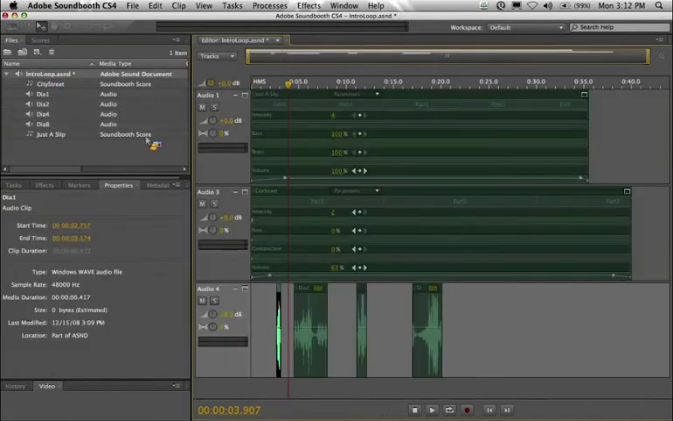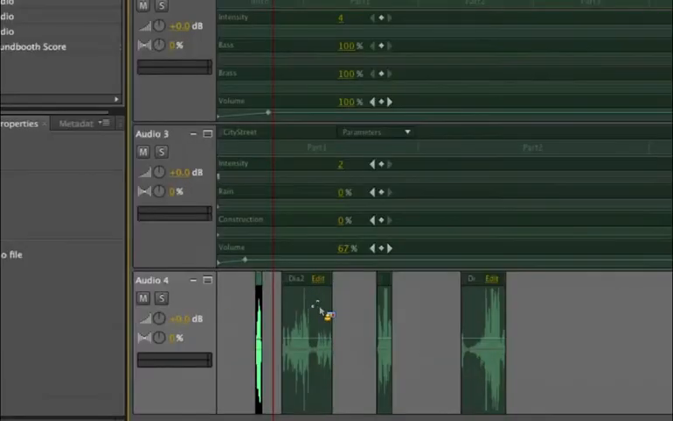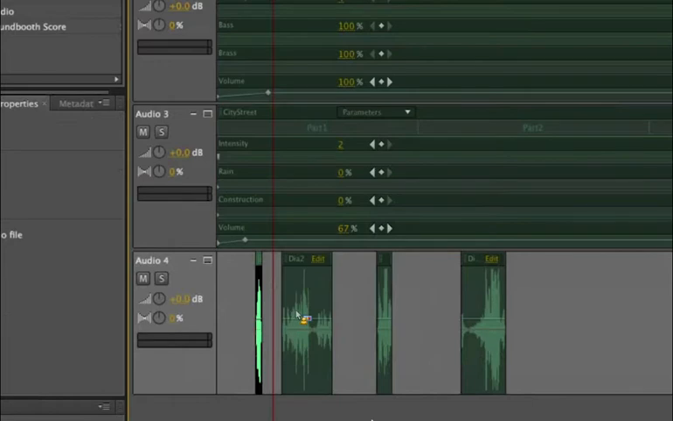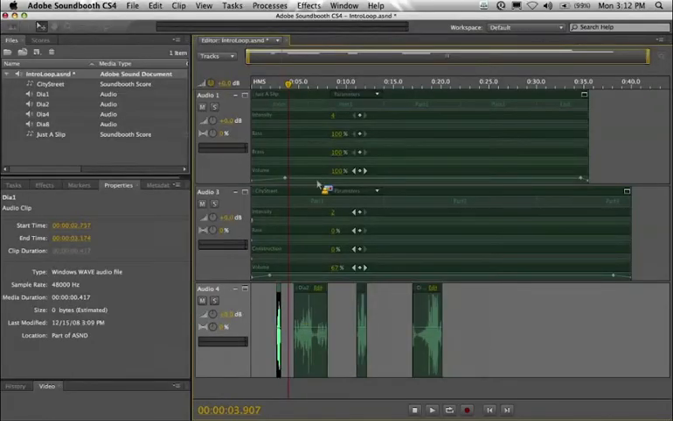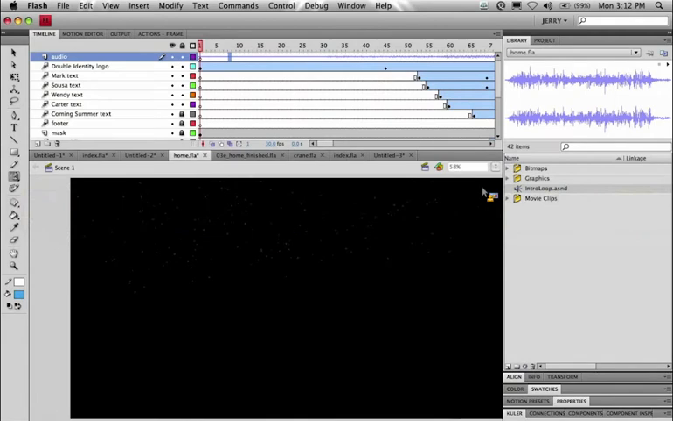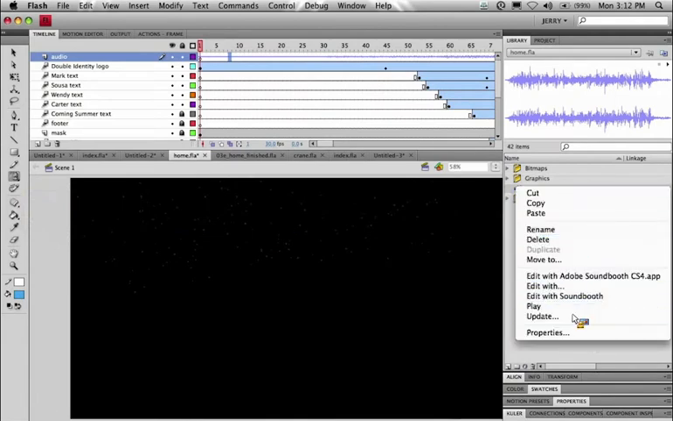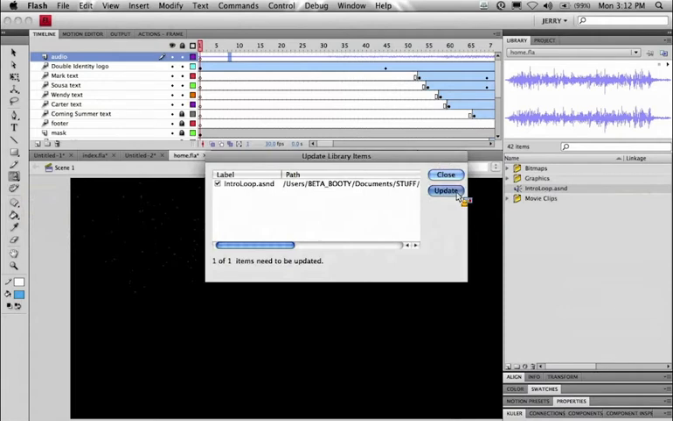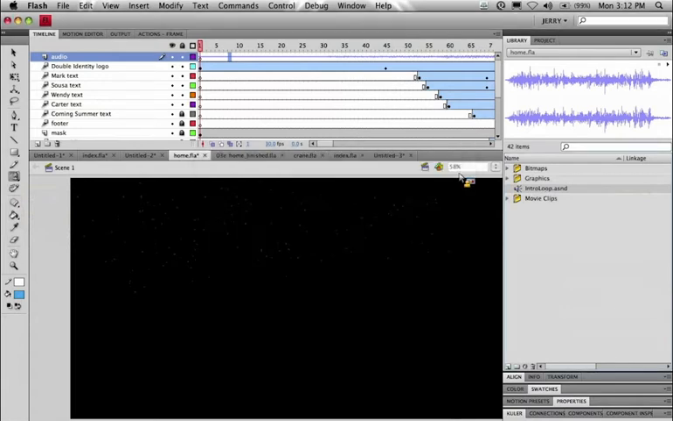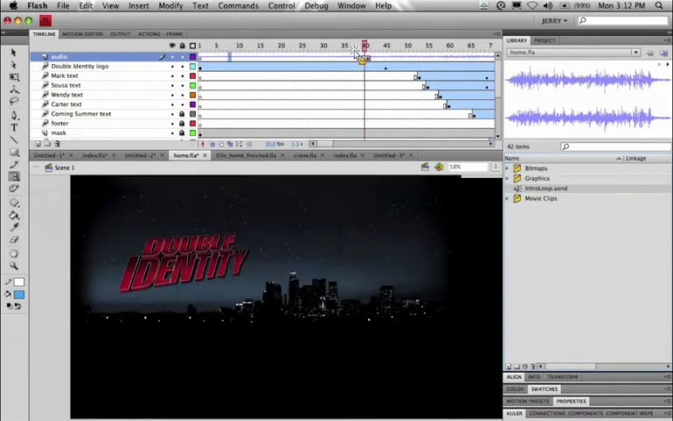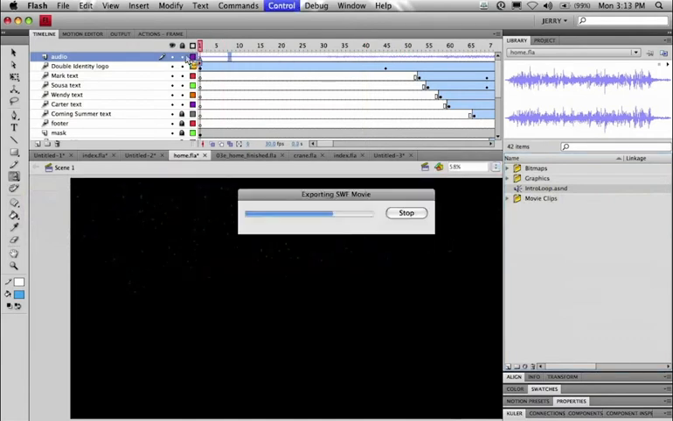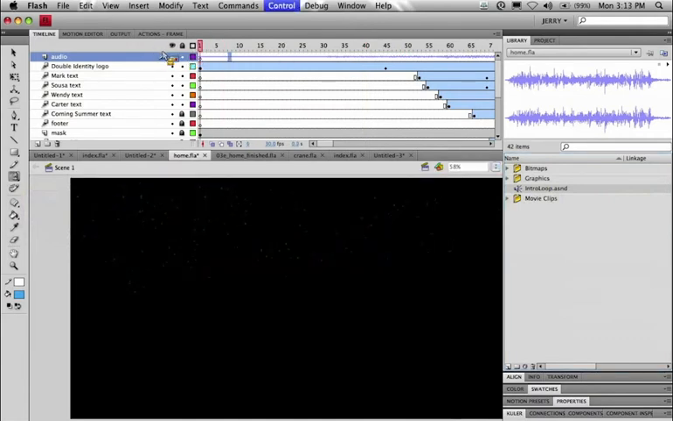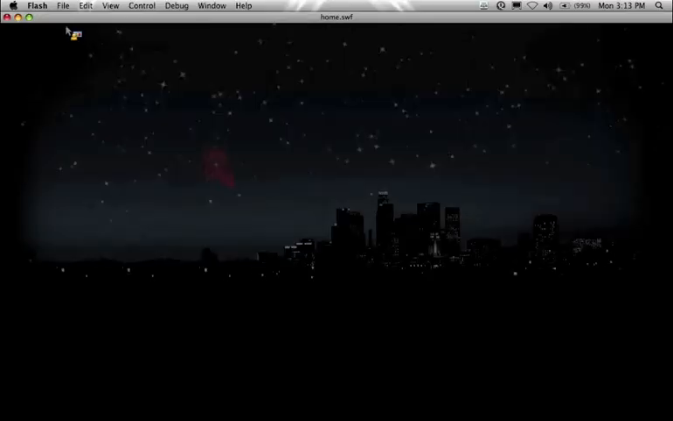And what's also really wonderful about Soundbooth is that I don't even have to save this file. I can come back into my main document and notice that all of the files have now been updated with the same normalization. But that's not really all. I can come back into Flash and just right-click and say Update. And when I click the Update button, I didn't save my file in Soundbooth, and that audio has been updated with the new audio levels in Flash. And like I said, you're not really going to hear the difference when I compile this SWF,